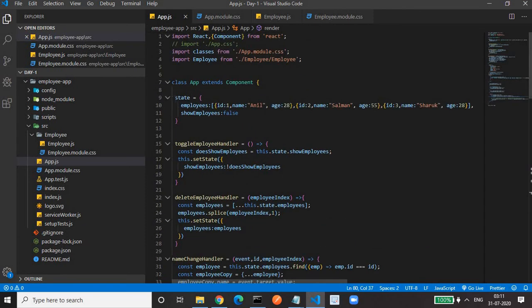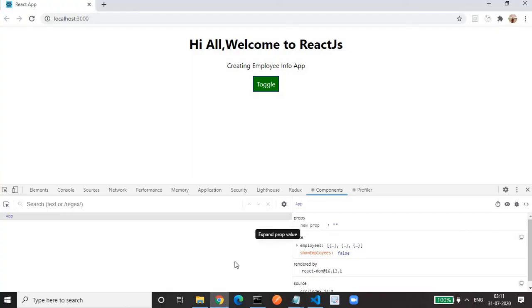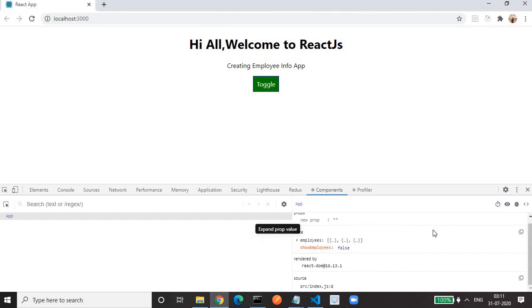This shows how easy it is to see our props and state from the browser itself. This is basically used for debugging purposes. We can see whether we are getting the correct state or correct props.